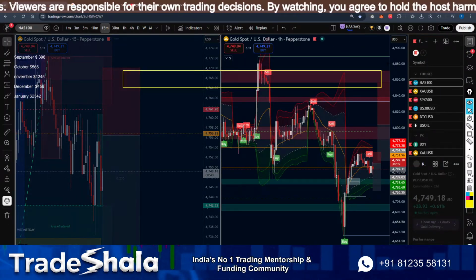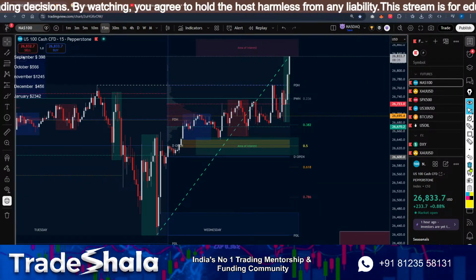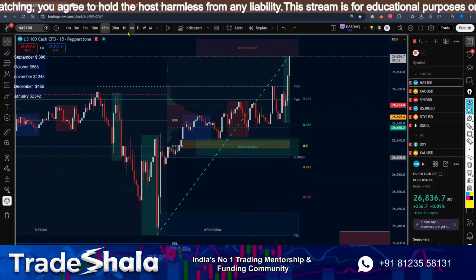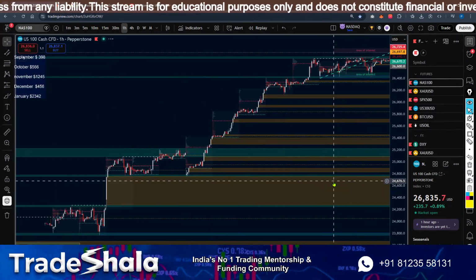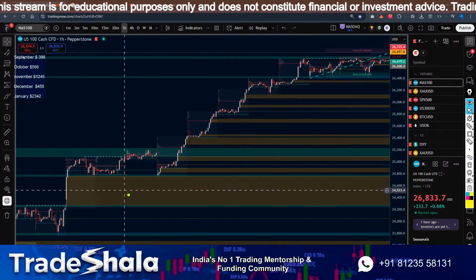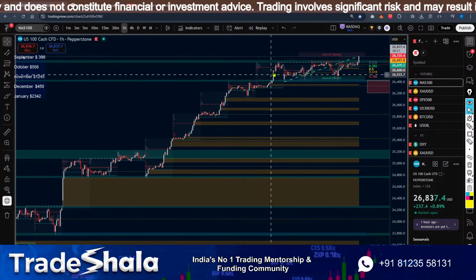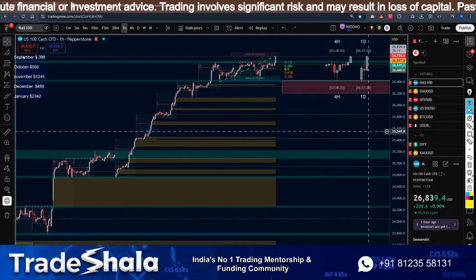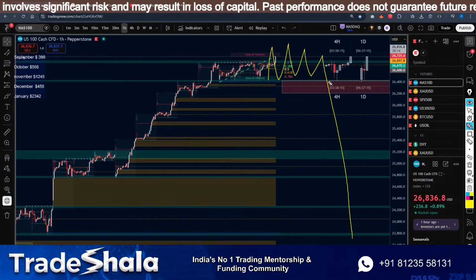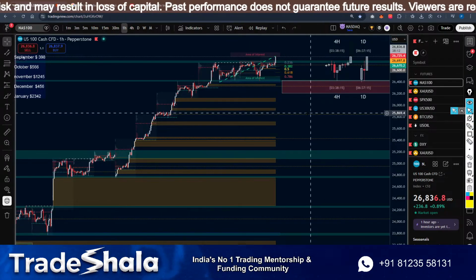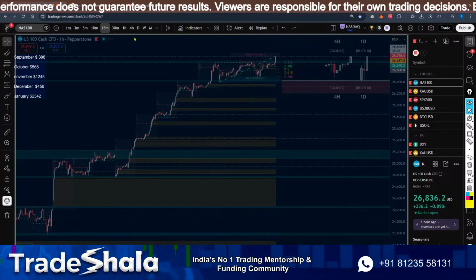I'll load NASDAQ over here. Now I didn't trade NASDAQ for a long time because who the hell will trade this right now? It is so confusing. But if you mark all the levels, this thing will tell you where all the inefficiencies in price are. It's over here, over here, over here. There are so many inefficiencies. So at one point of time, NASDAQ is going to accumulate like this and then fall. It's going to fall like big fat candles. That is what is going to happen.